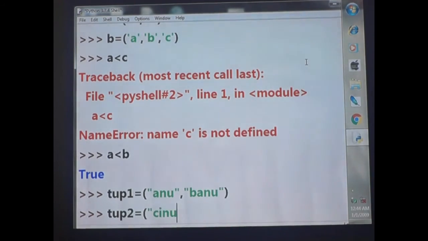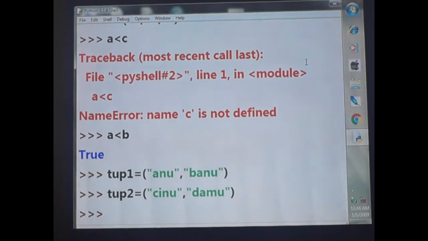Sino, comma Damu. Now tup1 is lesser than tup2. Okay. So if I give enter, what will come? True will come or false will come? You tell me. It's an ultimate question. Even I myself don't know the answer.